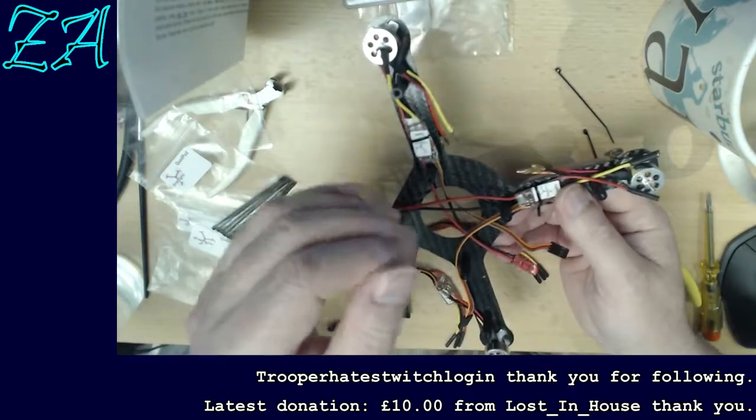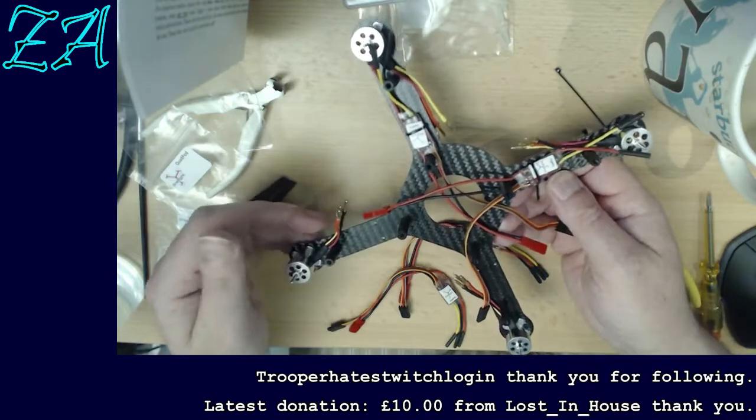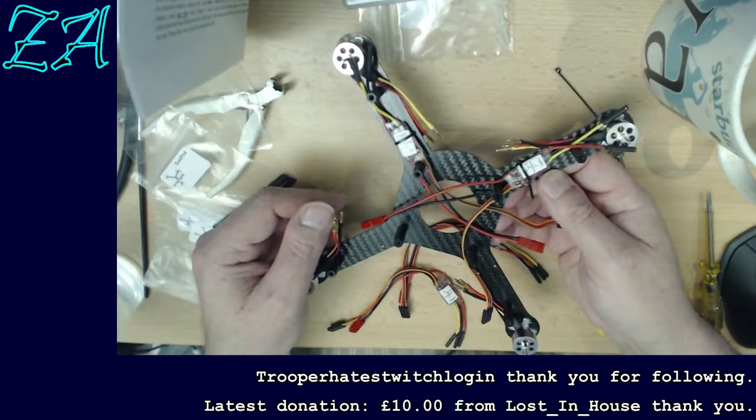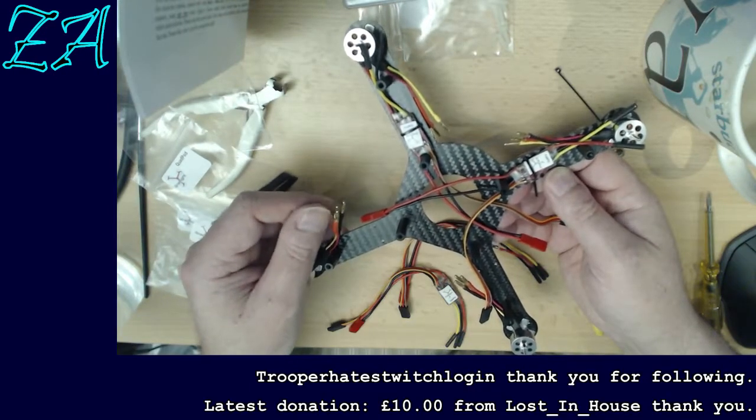It's a helicopter. Quad rotor, quad as in 4, and rotor as in propellers. The rotor bit is a little bit of a misnomer because they are truly propellers, but